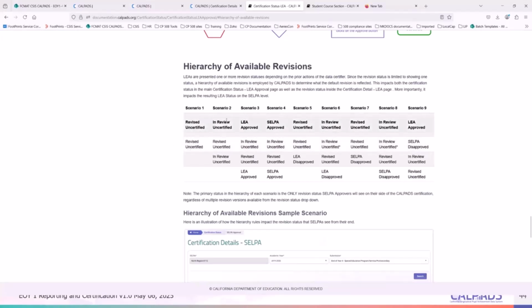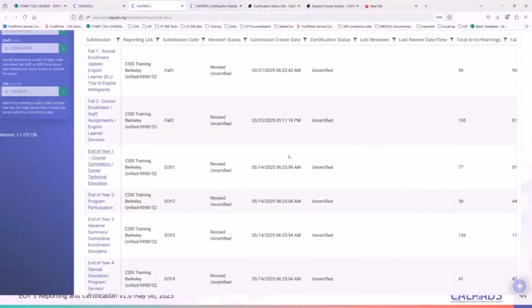And if it's in review, you will have both revised and in review, but the default would be in review. So just be aware of this nuance when reviewing reports and updating data in end of year one.